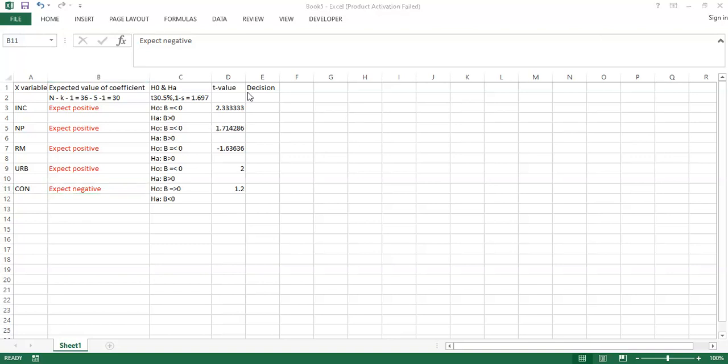Right, so this is how we are now on the decision. So what are we doing now in terms of our decision? We are looking at the absolute t values here. In terms of absolute values, we are ignoring the sign, dealing with the absolute value, the absolute number. That's what we are looking at. So if the absolute number, or the absolute t value, is bigger than the critical value here,